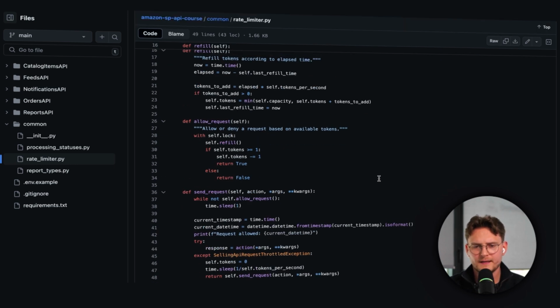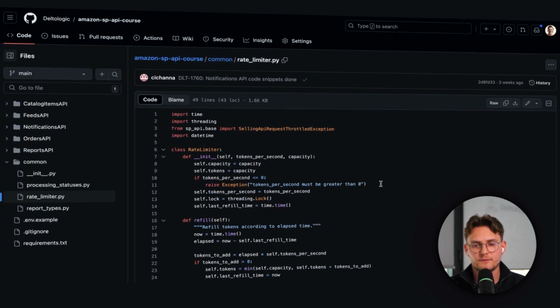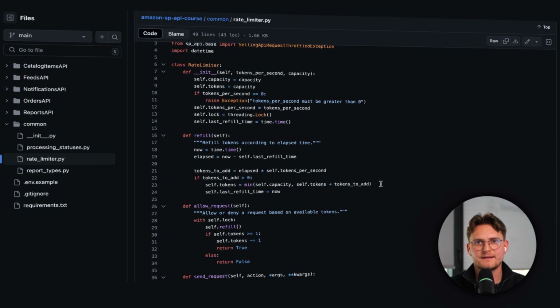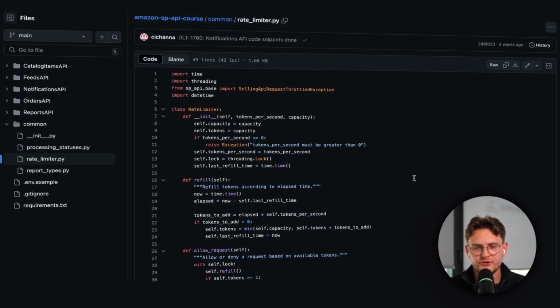However, I believe that there's no need to have it right away. I mean, overall, of course, you need it. So if you feel like you prefer to understand it first, go and watch the lesson about the rate limiter. However, if you just want to get information about the catalog items API at this point, we'll be just copying